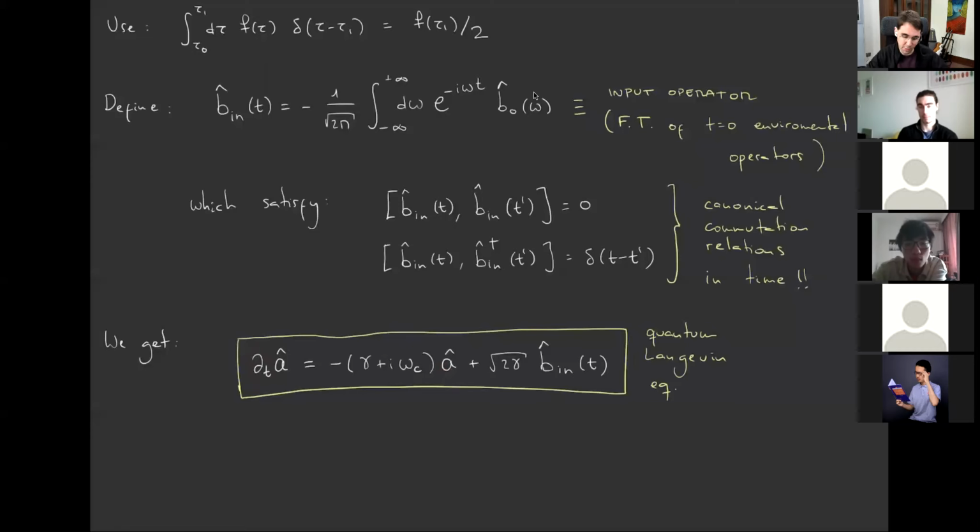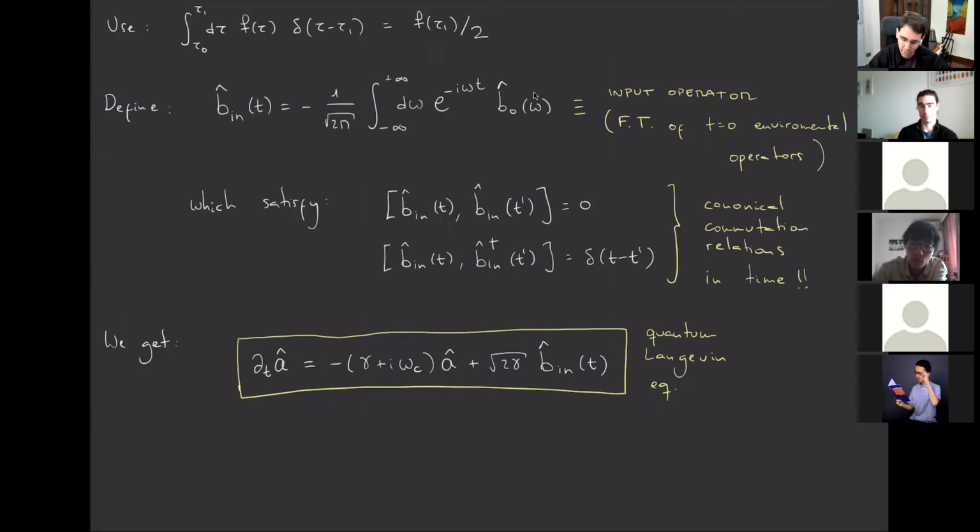So this means that if we would only have that term, the solution of the equation would be that A would be decreasing exponentially with time as e to the minus gamma t, and therefore all the energy would be lost to the environment. So we get a damping term, so we are on the right track because this is